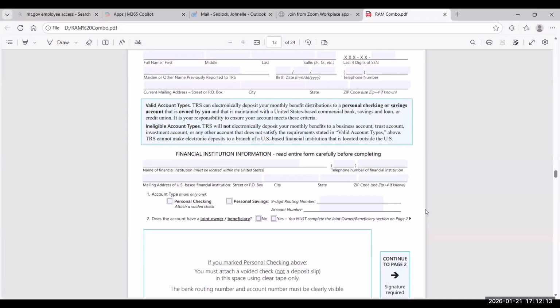Most of the time, the personal savings don't have a check. So if you do go with a personal savings account, we do want you to put your routing number and account number there. If you attach a personal check, it should give us that information right on the check. And then we do